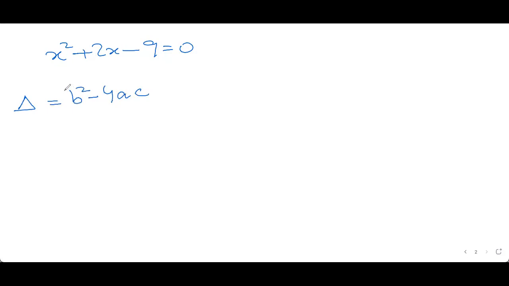So to solve this kind of question, we first need to ensure that our equation is in the general form. Then we need to know our a, b, and c. Look at the equation and tell me, is it in the general form or not? First question. It is in the general form. Thank you for the quick confirmation. It is in the general form.